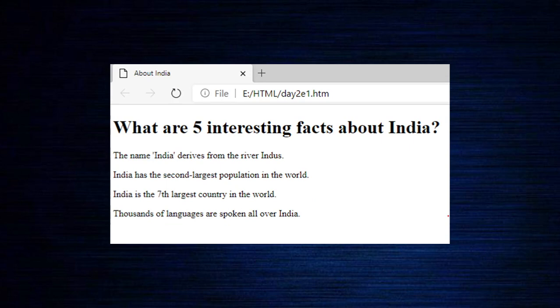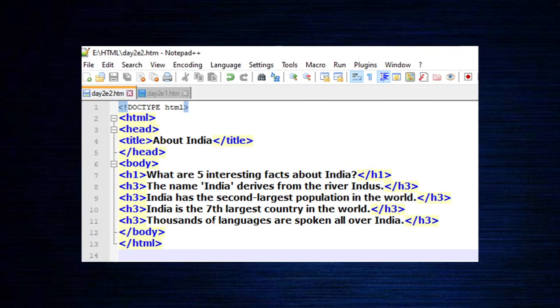Once you open it, you can see that it's open in the browser, and you are able to see how it looks. So here is the heading. This is H1, so it's showing highlighted, and these are the paragraphs. So the 4 paragraphs. Fine. So what we'll do is we'll make some changes here.